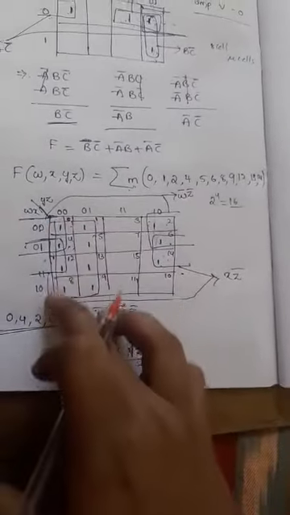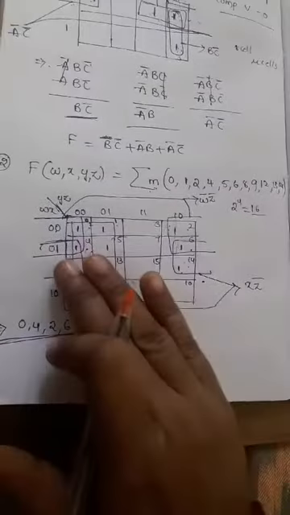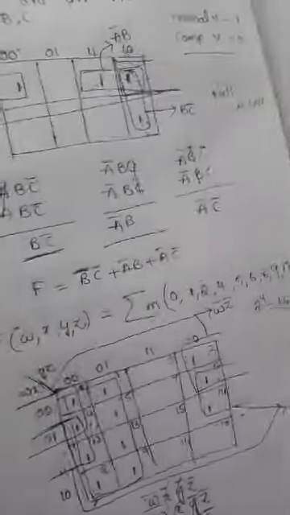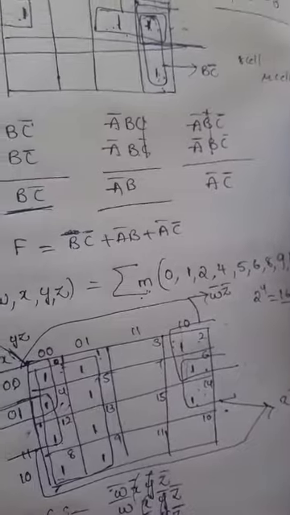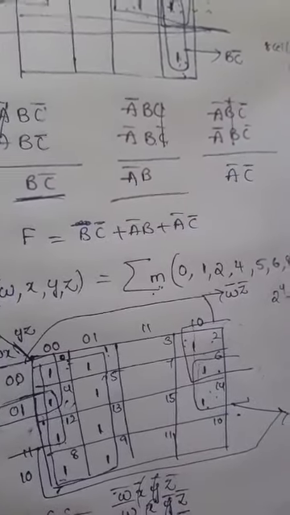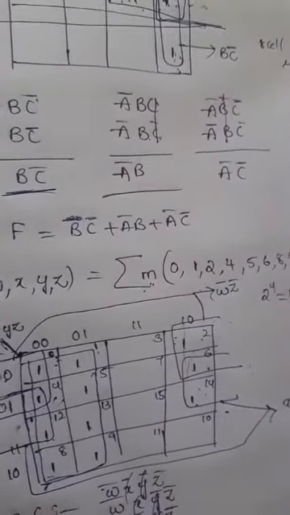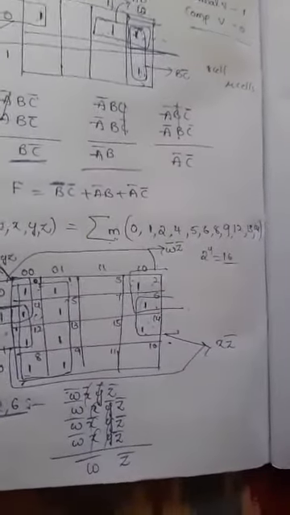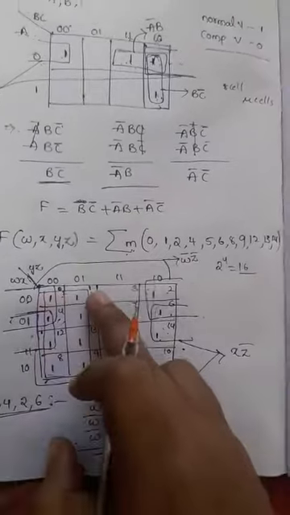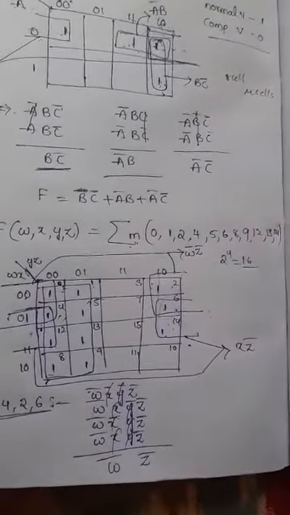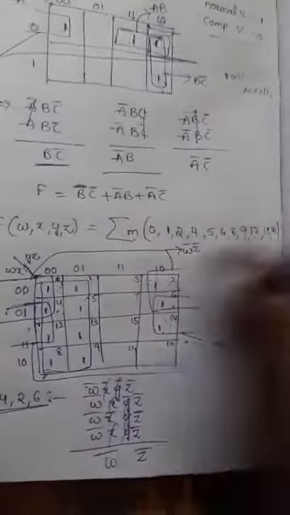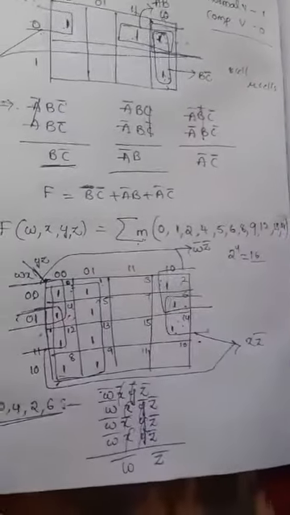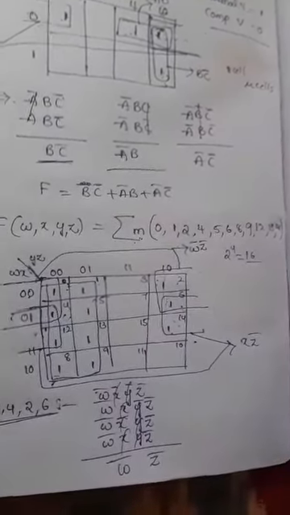Now we'll find out this octet. Okay, totally we are having the 8 cells now. So the cells are nothing but 0 1 4 5 12 13 and 8 9. Okay, these are the cells, right? So now finding the possibilities for this. So W complement, X complement, Y complement, Z complement. This is the first one. And for 1, W complement, X complement, Y complement, Z. Next 0 1 0 0, W complement, X, Y complement, Z complement.